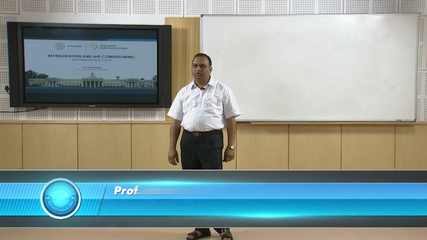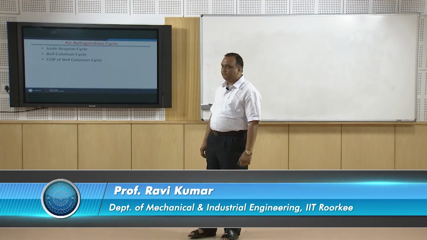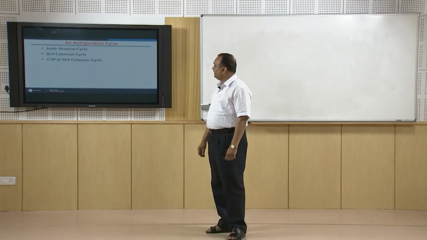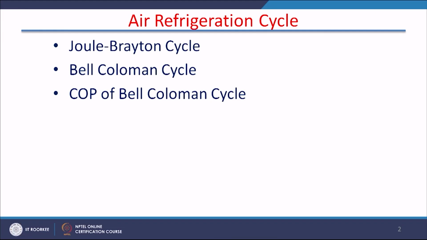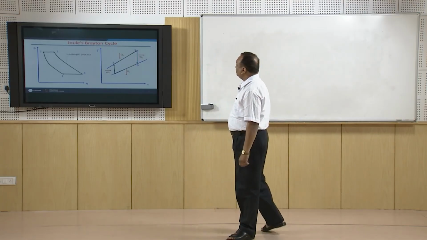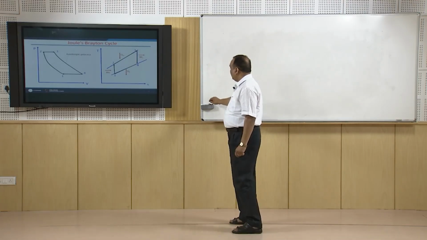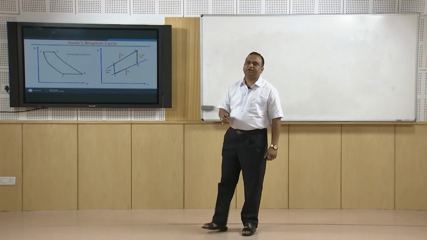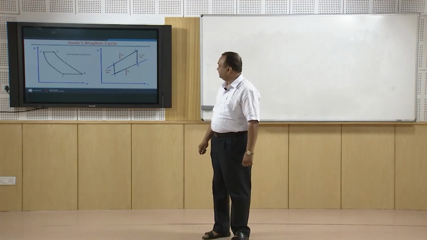Hello, I welcome you all in the course on refrigeration and air conditioning. Today we will cover the air refrigeration cycle. In today's lecture we will be covering the Joule-Brayton cycle and the Bell-Coleman cycle, and we will try to find the COP of the Bell-Coleman cycle. Starting with the Joule-Brayton cycle, it is an air standard cycle for power generation, and